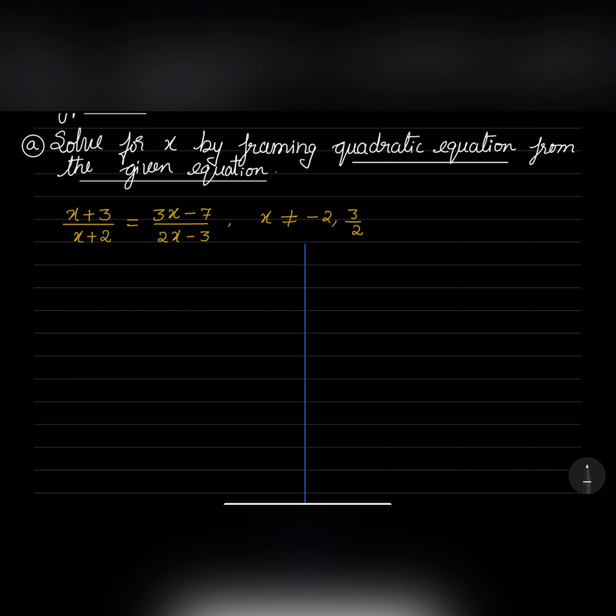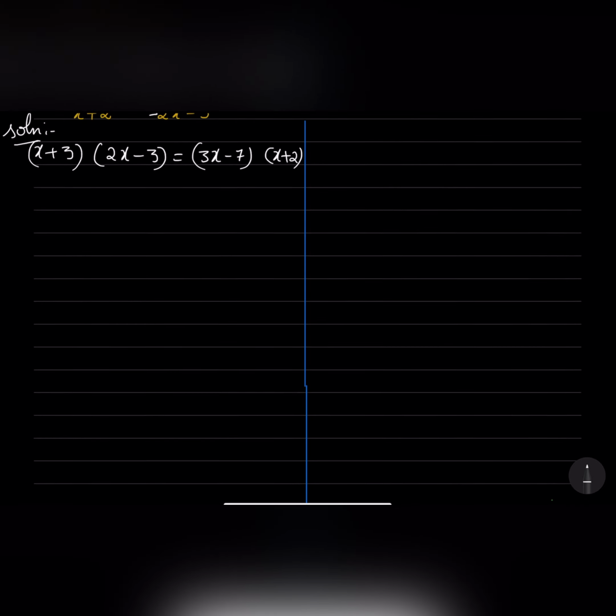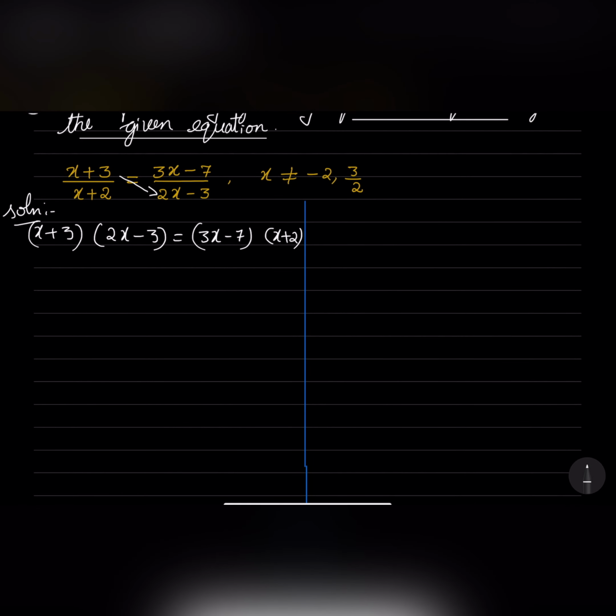And this is what they have given. We can cross multiply this. So if we cross multiply, we will get (x + 3)(2x - 3) is equal to (3x - 7)(x + 2). Okay. And if we multiply this, we will get